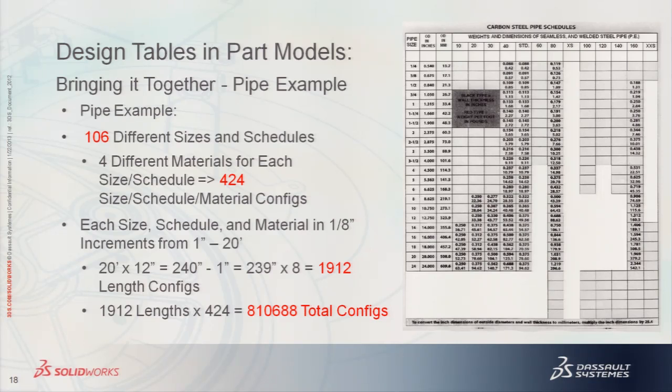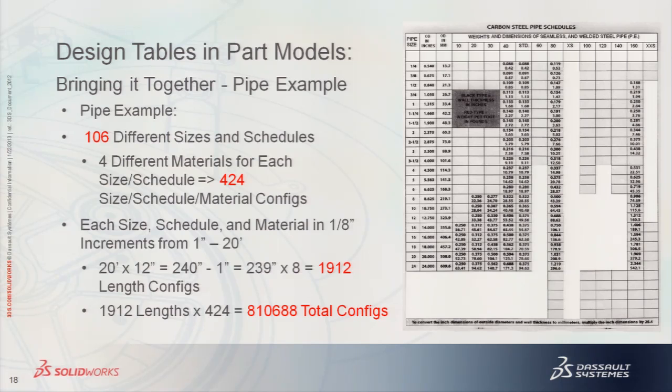That's somewhat reasonable. It's getting a little bit big at that point in time. Then they tell you they want each size, schedule, and material in 1/8-inch increments from 1 inch to 20 feet. Yes, you all laugh, but this is truly what happened. That's 1,912 length configurations at that point in time. You do the math, 1,912 lengths by 424 different sizes, schedules, and materials,